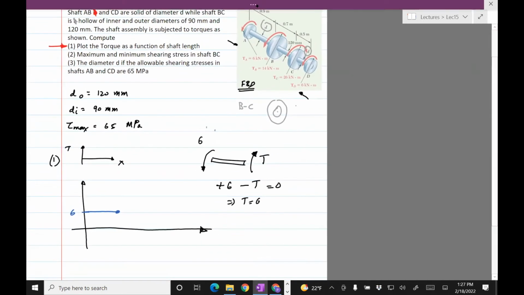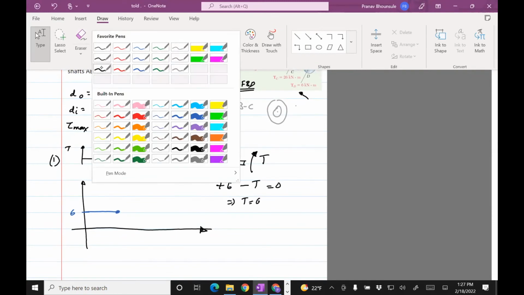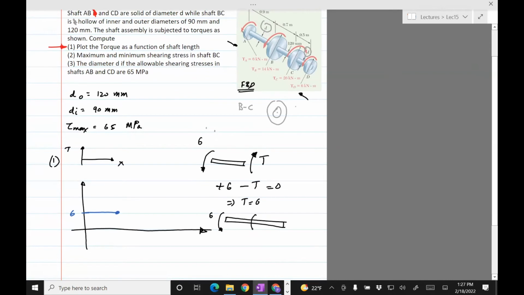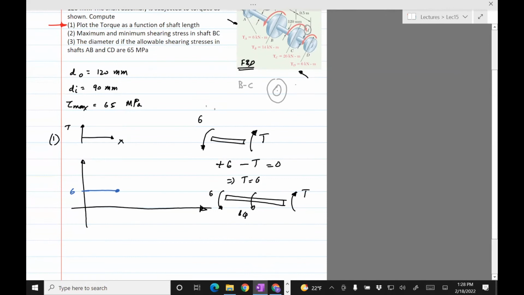Okay, then I draw the same figure for the section between B and C. So I again need to go all the way from A to somewhere between B and C. So there is 6 counterclockwise, there's 14 counterclockwise, and then this is going to be our reaction torque. Okay, so 6 plus 6 plus 14 minus T equals 0, which means T equals